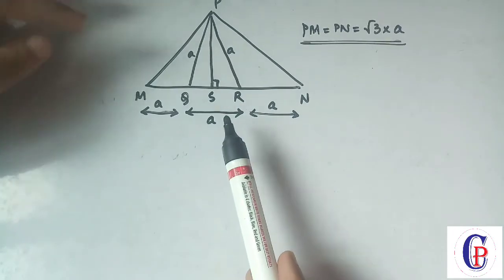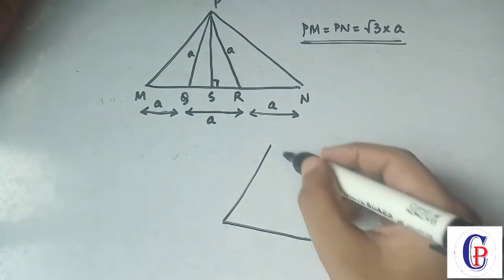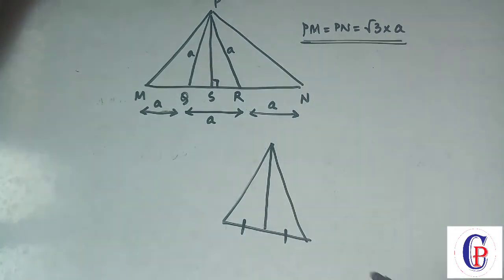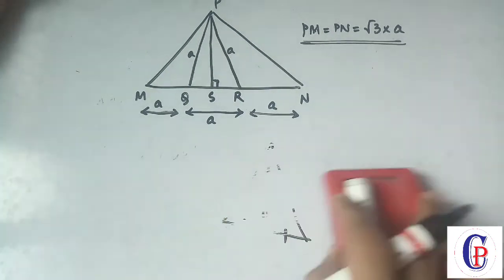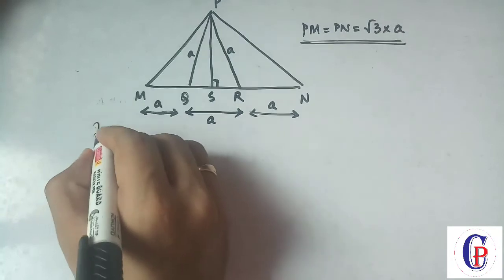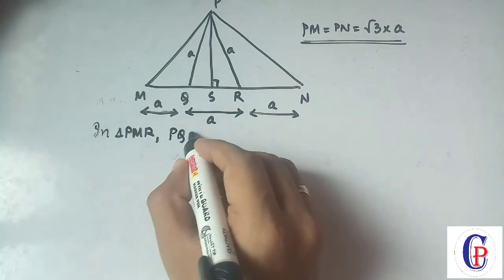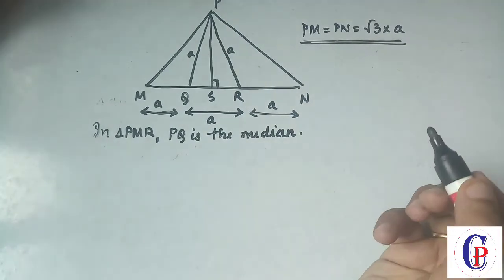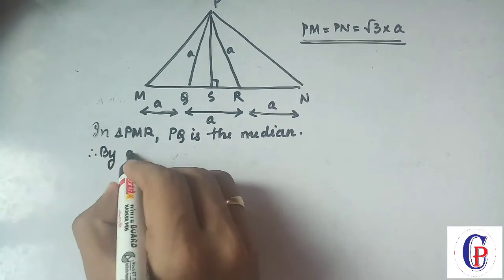So we can say that this PQ is the median. Median क्या होता है? In a triangle, if this side comes and divides this into two equal parts, then we say that this line is the median. So we can clearly observe that in triangle PMR, PQ is the median. If in a triangle you have a median, you will apply Apollonius. Therefore, by Apollonius theorem,